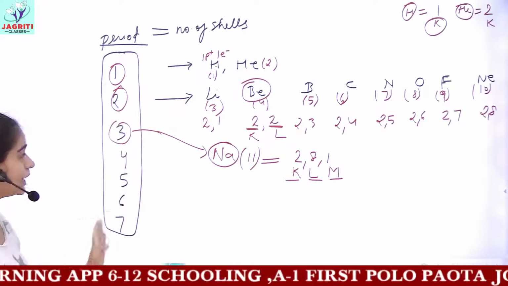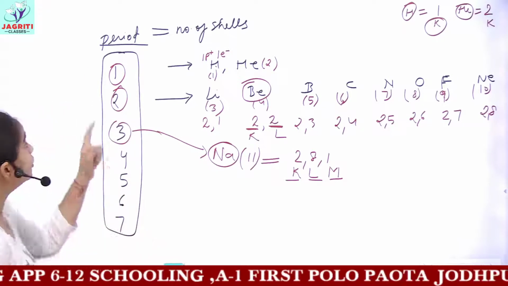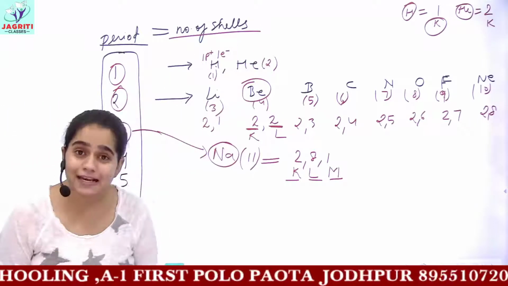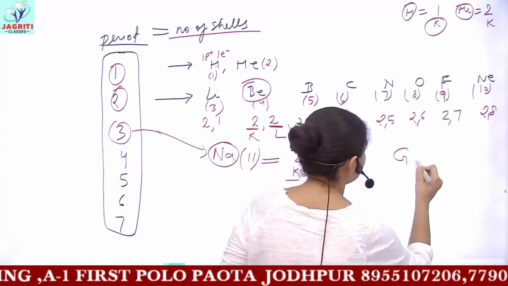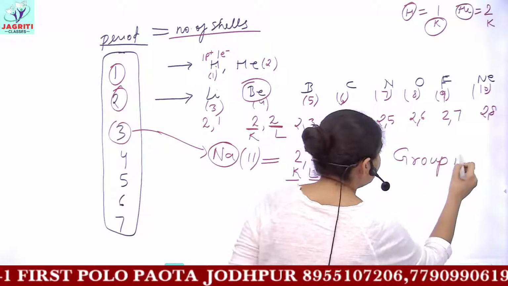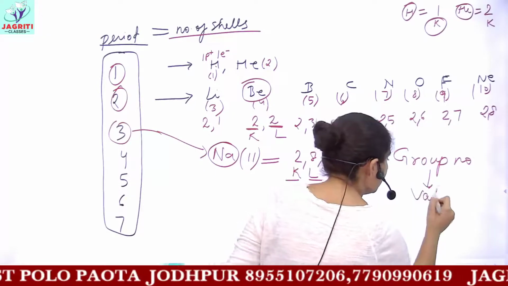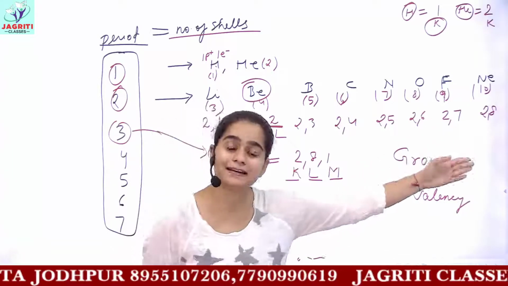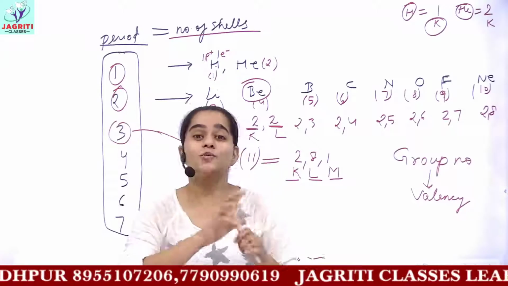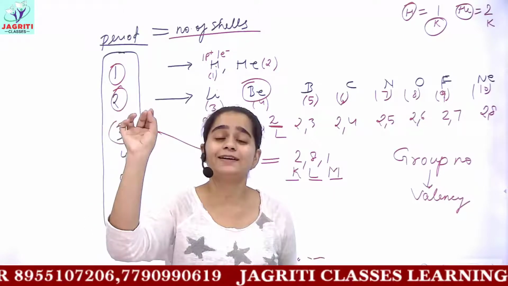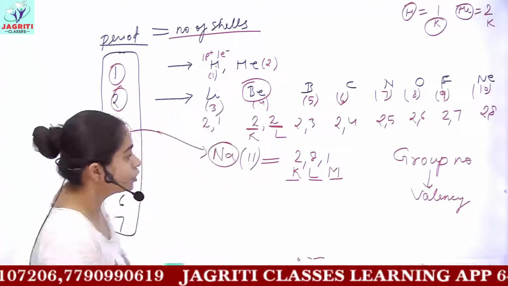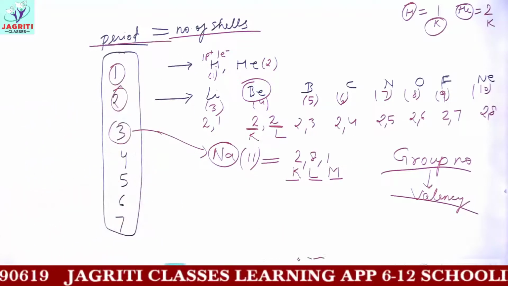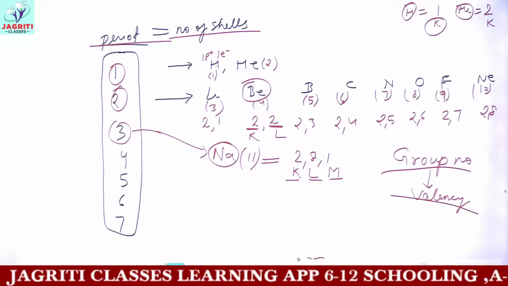And therefore you can check for other elements. So the number of the period tells you the number of shells present in your element, whereas in the previous video we discussed that the group number tells you the valency. For the S block, the valency is directly equal to the group number. For the P block, you have to deduct 10 from the group number. So group number tells you about valency and period tells you about the number of shells. I hope you have understood this concept.